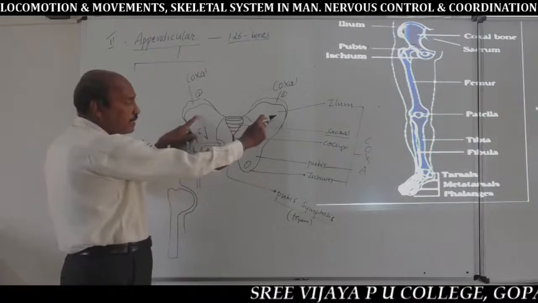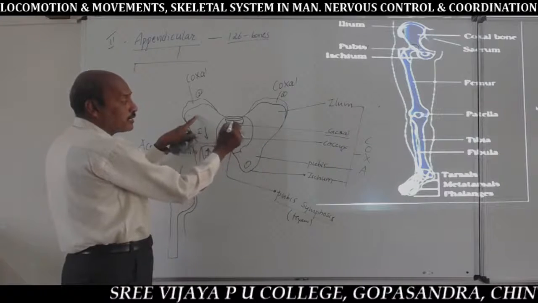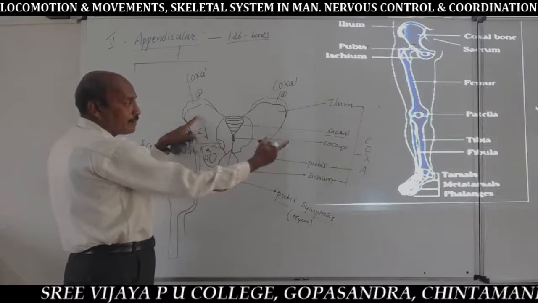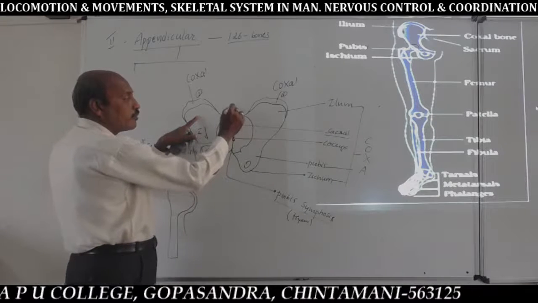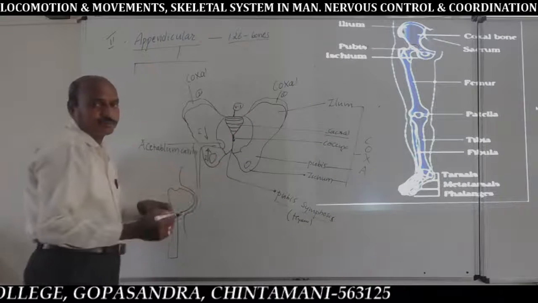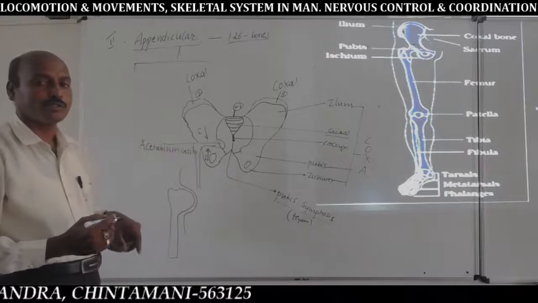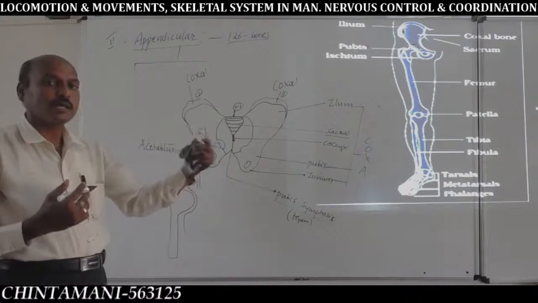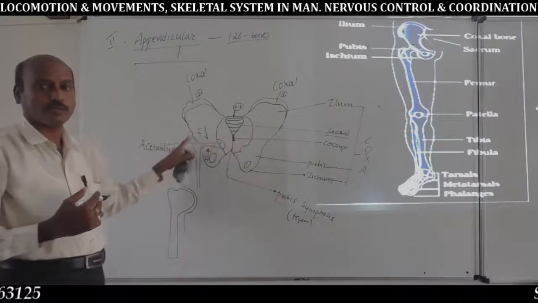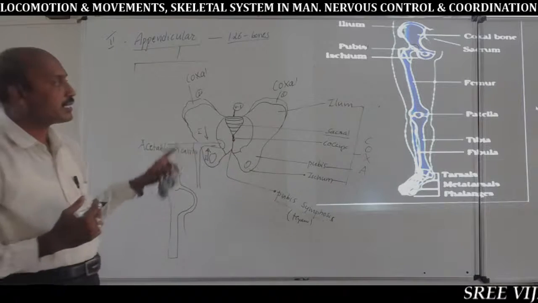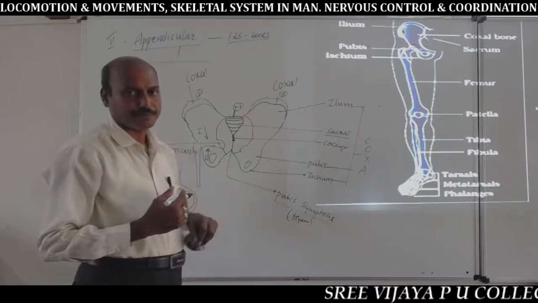So, the pelvic girdle consists of two coxal bones. But you should remember, at the center of the two coxal bones is the triangular bone called the sacrum, and below the sacrum is the coccyx, the continuation of the vertebral column. They are the last two vertebral column bones. So on either side of the sacrum and coccyx are the two coxal bones. Each coxa consists of three parts: ilium, pubis, and ischium.